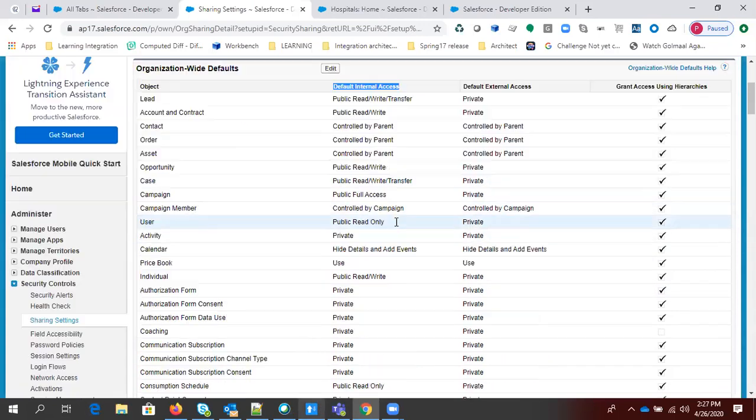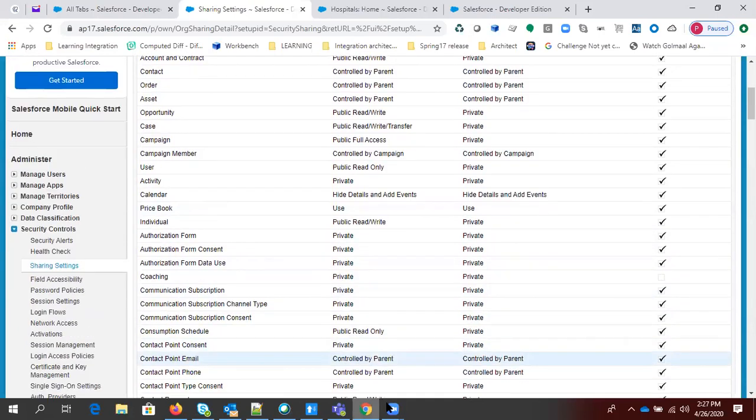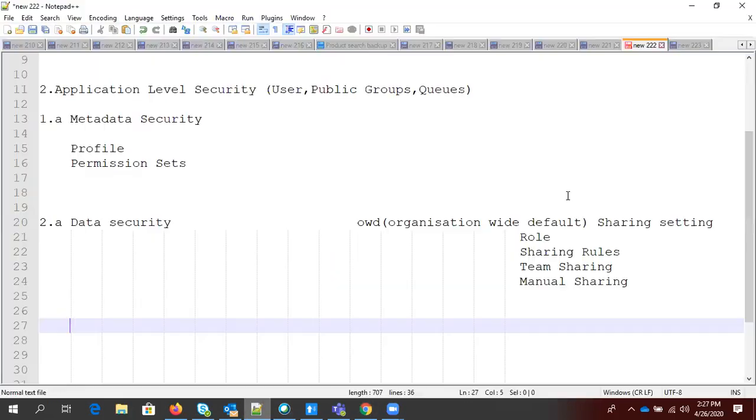What is default access? There are mainly 4 types of permissions we have, or we can say 5 types. Which are the permissions we have in OWD?